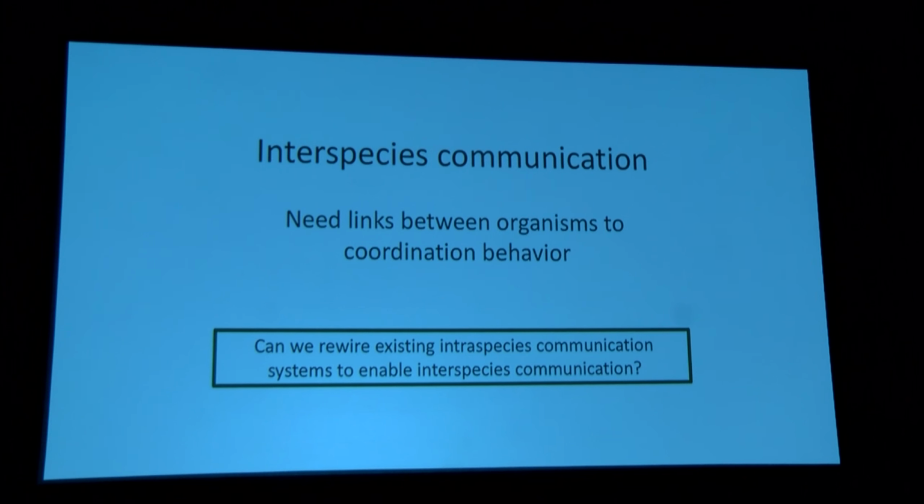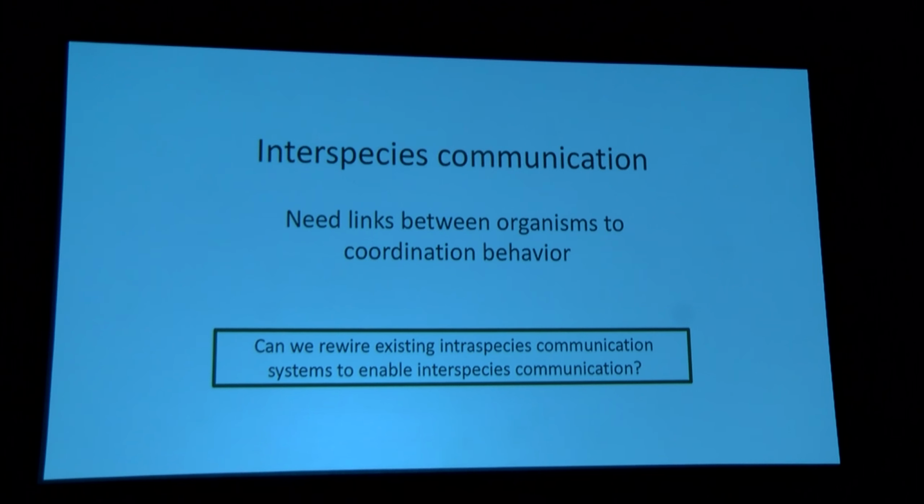coli and Pseudomonas, or some kind of normal organism that had these types of communication modules. And so we wanted to think about, can we rewire existing interspecies communication systems to really enable interspecies? And I wanted to go beyond gram negative to gram negative and say, well, let's go gram negative to gram positive. We don't know available communication systems that do this. The AI2 system, of course, is able to do intra or interspecies, but that's one communication signal. You're not going to be building, right, interspecies communication in a really nice way using those systems.